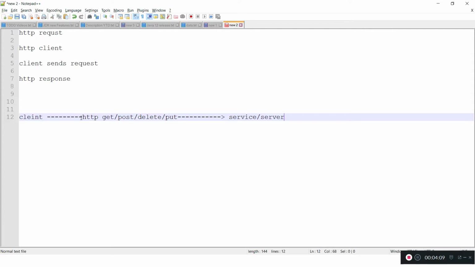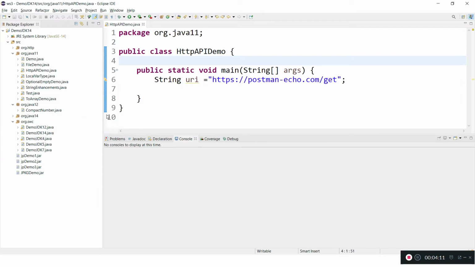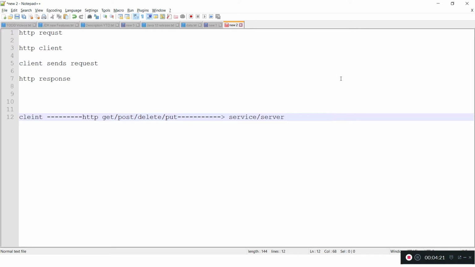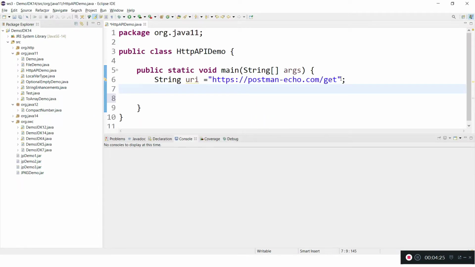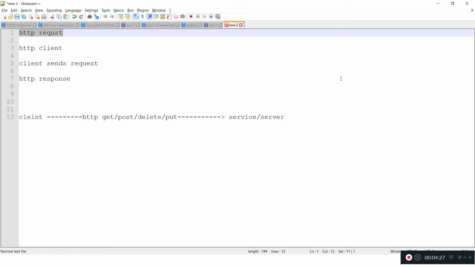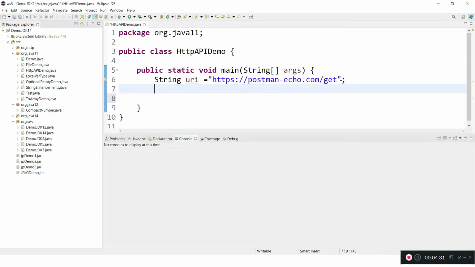Let's see one example. Here is my URI. You can assume this is a dummy URI, the Postman Echo URI. As we discussed earlier, first we will build an HTTP request, then we will build a client.